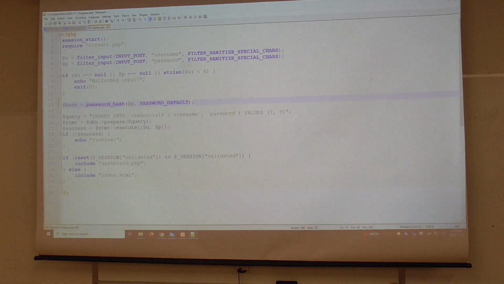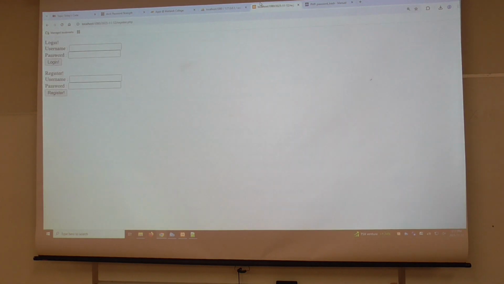So, back to our code. We then have to make sure we're using the hash instead of the old password, otherwise we've done nothing. Save that up. Now let's see what happens if we re-register that same user. We didn't put the unique constraint on the username, so Mr. Krabs, money. Register. And just for fun, Mr. Krabs, even more money.